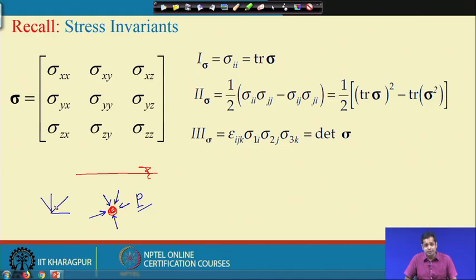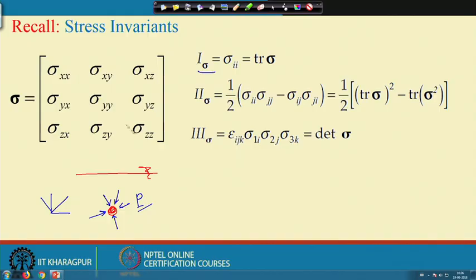Now, the energy of a system, in any coordinate system we take, the energy at a point, the energy in a small volume, does not change, right. Now, the thing is, energy depends on the stress. So, energy can be expressed in terms of stresses. So, some combination of stress gives you energy, and therefore, some combination of stress must remain unchanged even if we change the coordinate axis. Some combination of stress gives me pressure, and since pressure by definition should be unchanged even if we change the coordinate system,